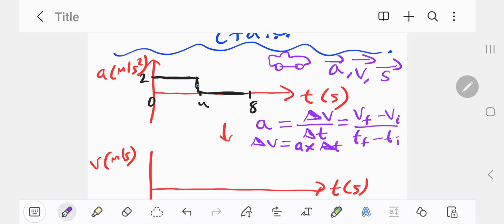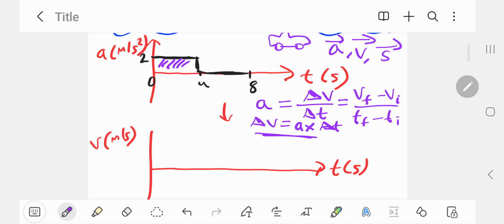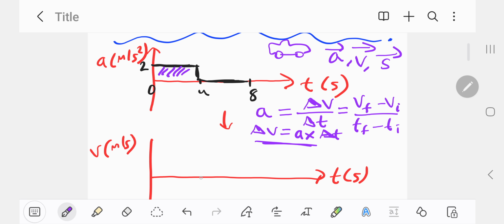So in other words, we need the area under the acceleration time graph to work out velocity and time, right? Because mathematically it's that. So the time doesn't change, right? Let's put the time back again here. The area under region 1, let's call that. The area of a rectangle in this case. So that's 4 there, the length, and the height is 2. 4 times 2 is 8. So the area for 1 is 8